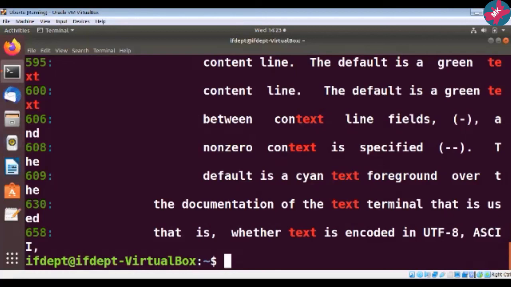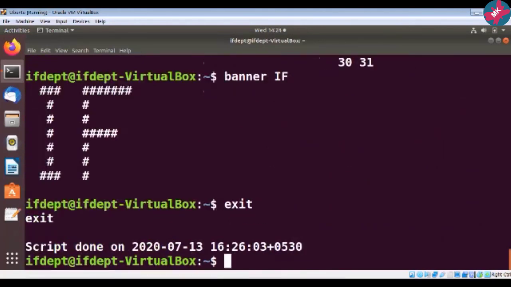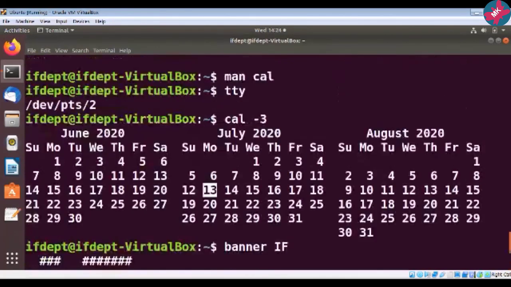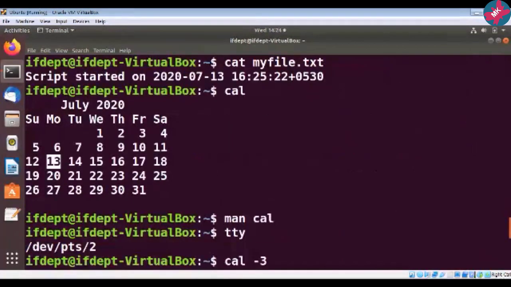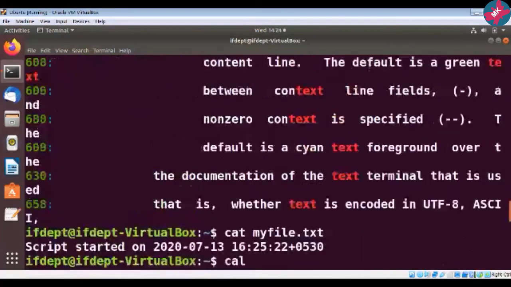Now the last command that I am going to show is the more command. If you remember, in the first practical when we used the script command, I created one file called myfile.txt. You know that this is a very large file, isn't it? See how quickly it just went by and I couldn't see the content of it.